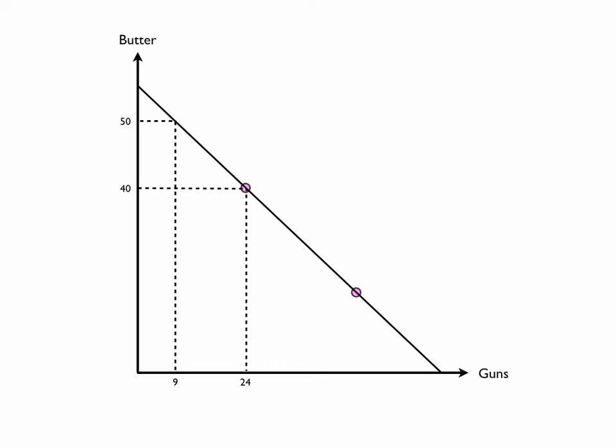That assumes that resources are easily movable between different production sources or different types of production. Farmers who are really adept at producing butter are just as adept at moving into the factories and producing guns. People who work in the factories producing guns are just as adept at moving out into the fields and making butter. Well, that might not be the case. We might have people who are very, very adept at doing one task, but not very good at doing another. And if we move them from the task in which they're very qualified to the task in which they're not very qualified, we would give up a lot more of the good they're qualified in to get a slighter bit of the good they're not qualified in.